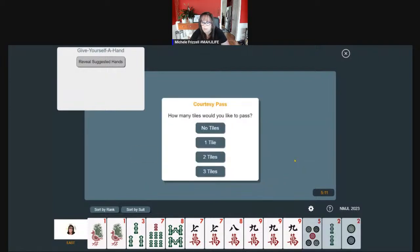Courtesy pass. We got the 5 dot. Look at that. All right, so now we have 1, 3 BAM, 5 dot, 7, 9. No gaps. That's not a gap hand anymore, because now we have the 5 dot. So probably what I would do here is pass